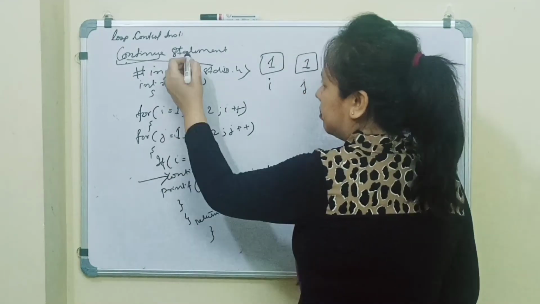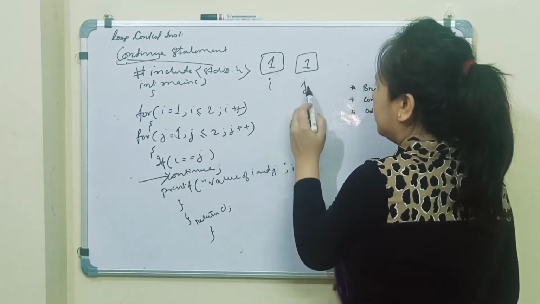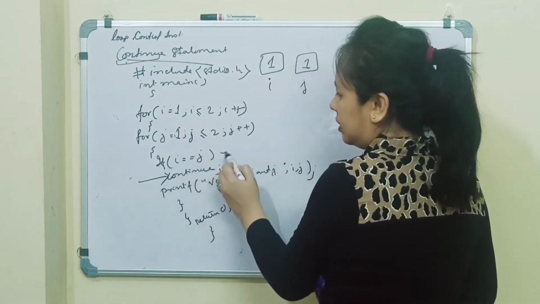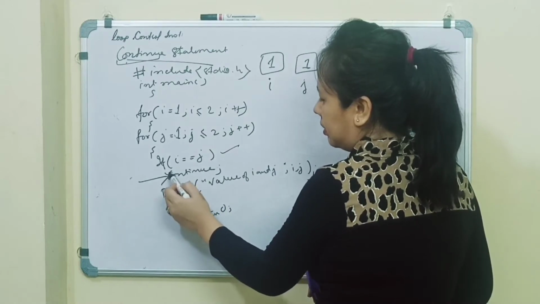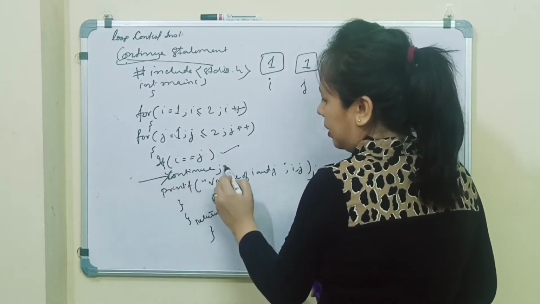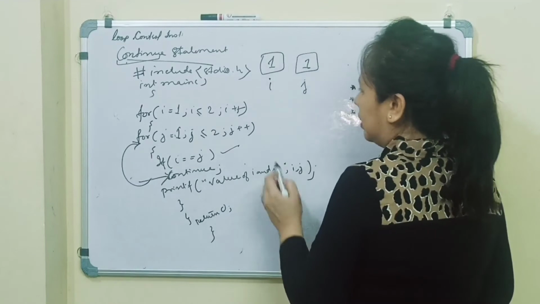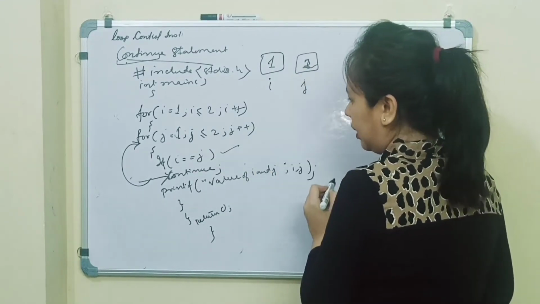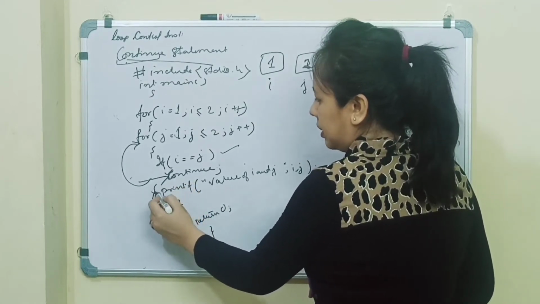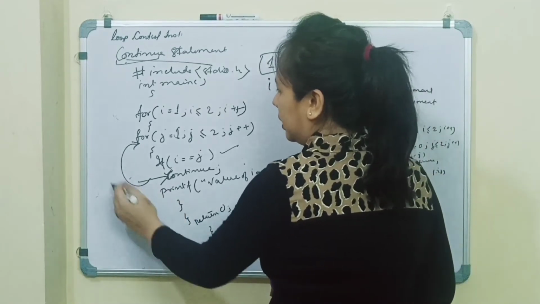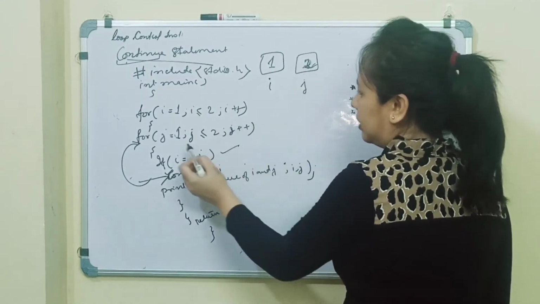Now this continue statement, what will it do? We have written continue over here. For the first time when i equal to 1, j also equals 1. If i equal to j, in this condition, yes, this is true, so continue. When the compiler hits this instruction, the control will pass to the beginning of the for loop, without executing the next line. Now the value of j gets incremented because of j plus plus.